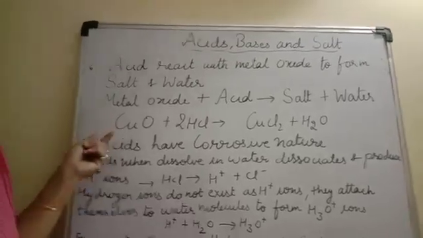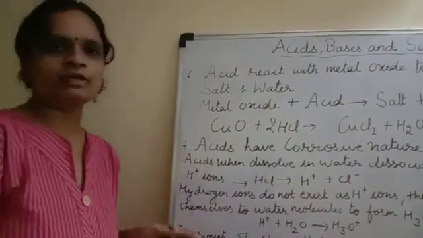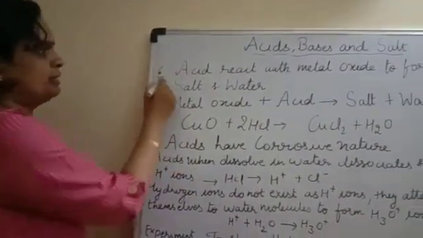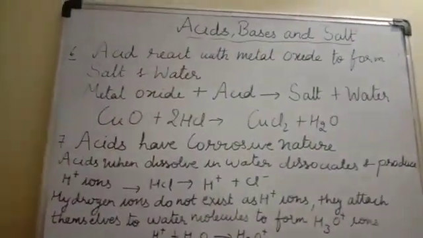Now I am continuing with my session. In the previous session I told you about acids and the properties of acids. Now the next property of acid begins from here: acid reacts with metal oxide and it will form salt